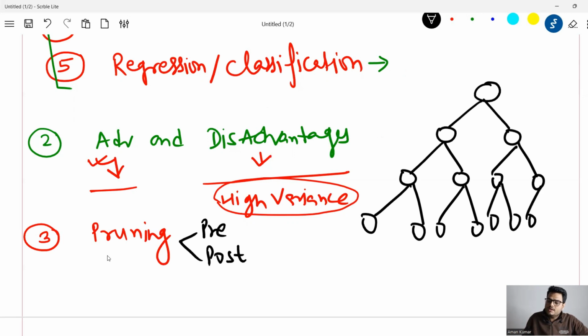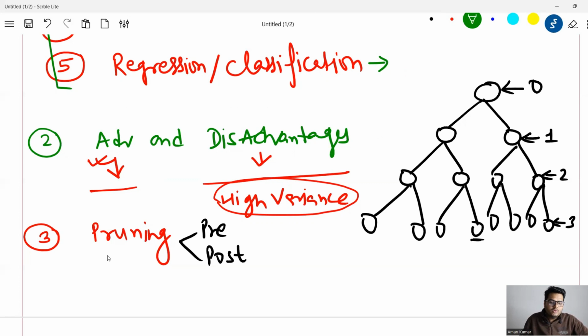For example, I can say up to what level I want to go. This is my level 0, this is my level 1, this is my level 2, and this is my level 3. While defining my tree, I can say up to what level I want to go. That is level-wise pruning. Second way of pruning is, what should be the minimum number of records in my leaf node? There it should stop. Third is if it achieves a certain accuracy criteria.